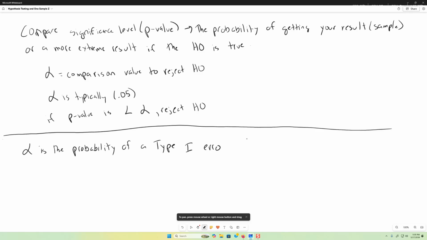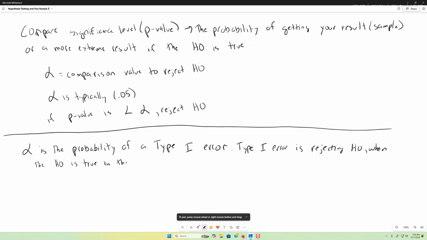So now we have type 1 error, and this alpha value is the probability of making a type 1 error. What is a type 1 error? Type 1 error is rejecting the null when the null is true